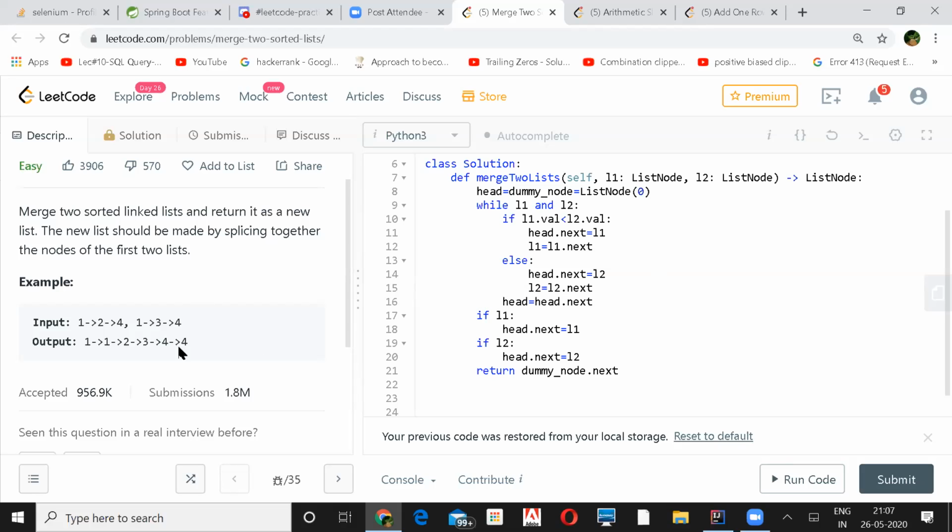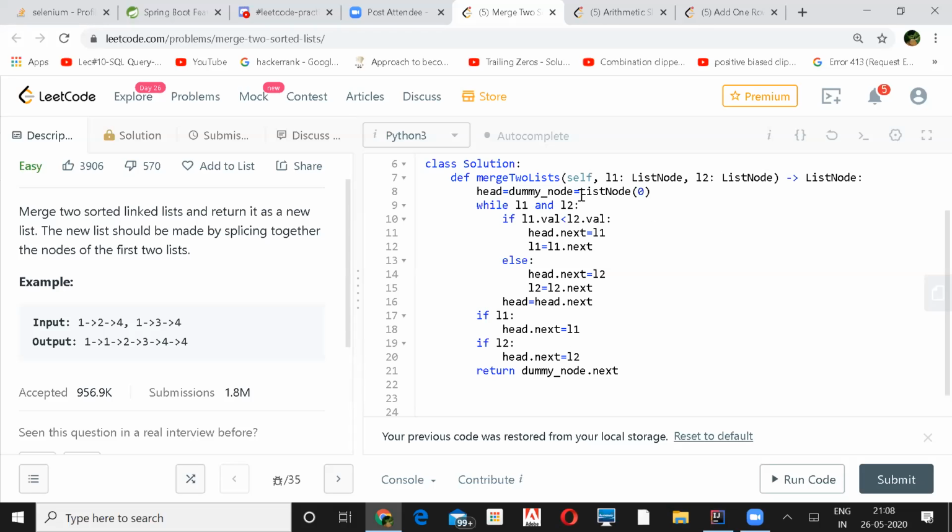I think instead of using a dummy node, yeah, the dummy node is a good way to do it, but without that also you could do it, right? But it's slightly more coding. The way you have a dummy node, as a list node 0 or something, that itself is a value. Instead of that, you could use some dummy node which is null, and then from there start appending the value.